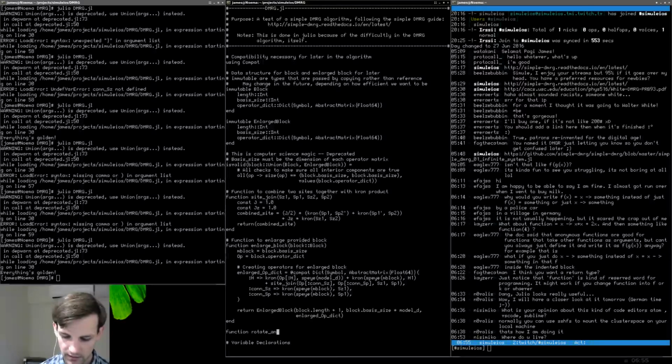Rotate and truncate. And what do we need to read in? I think we need to read in operator and transformation matrix. I'm going to change this to transformation matrix. That should be easy enough to remember. Okay, so what does this function do? It rotates and truncates. Oh, sorry, it transforms the operator